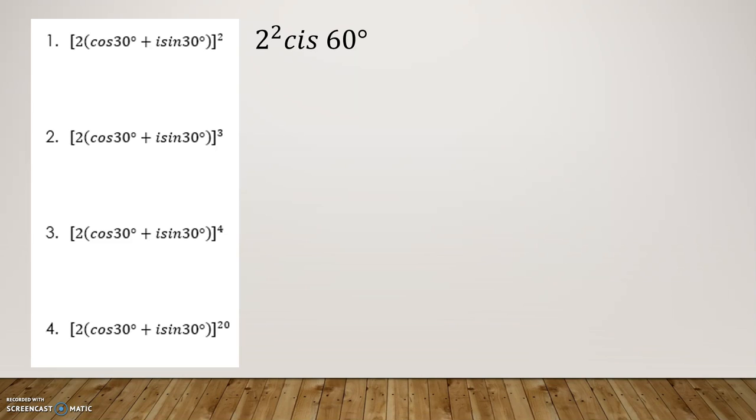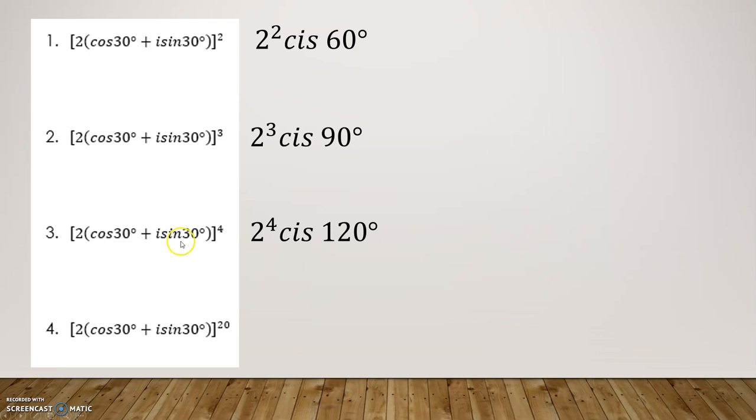If I continue that process to the third power, it would be doing this times itself 3 times, again using the product rule we were just talking about. So it would be 2 times 2 times 2, and then there would be 3 of these angles of 30 degrees added together to get 90. And then continuing on, if I did it with 4,